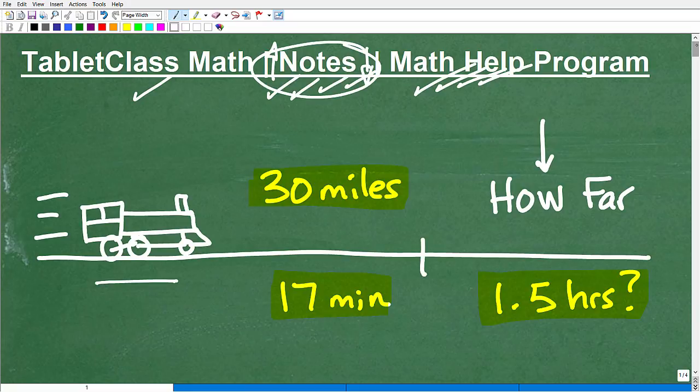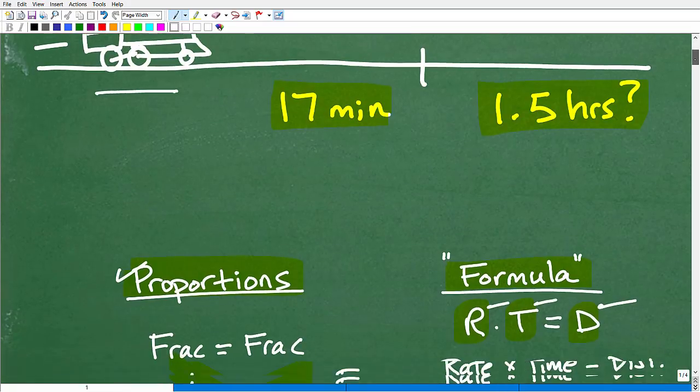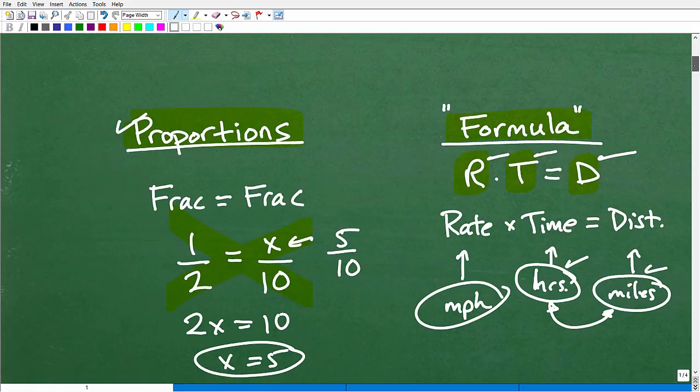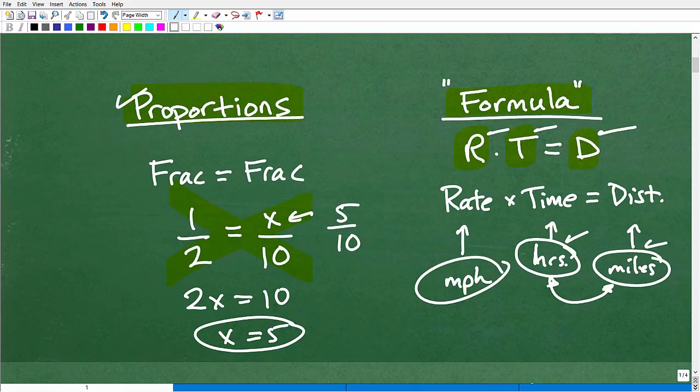But that's what you need to do to really improve your math skill. Don't just watch the video and think, okay, I understand it, and move on to the next thing, right? You have to do the work yourself ultimately. All right, so there's the problem. If you think you could do it with either proportions or using the rate times time equals distance formula, go ahead and do so. But in the meantime, let's get into the solutions here, and we'll do